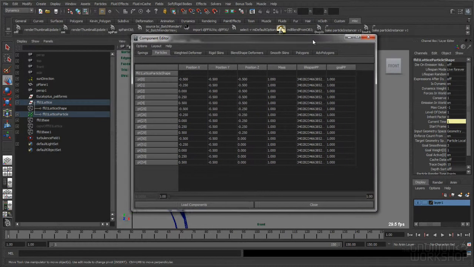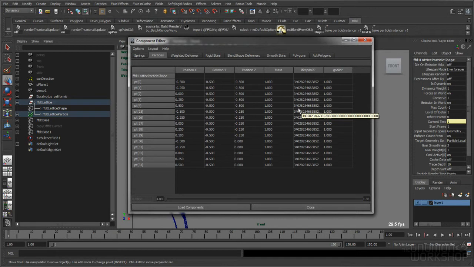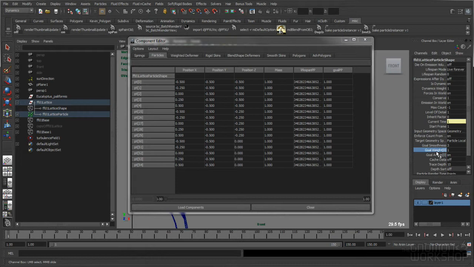So whenever a particle object has a goal weight added to it, which was the case when we turned this into a soft body, every particle gets its own goal PP value, which is multiplied by the goal weight value that's here. So you have a goal weight value for the whole particle object and a goal weight value for each individual particle. So if I put the goal weight to 1 for the whole object, I can then